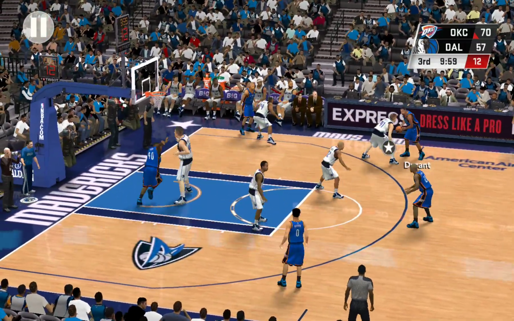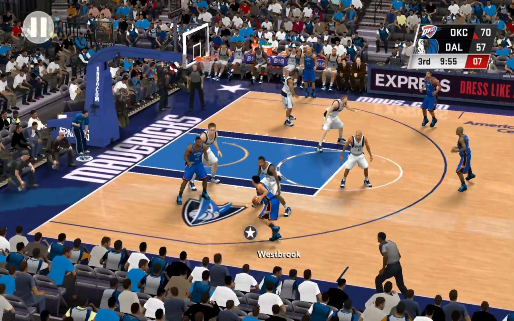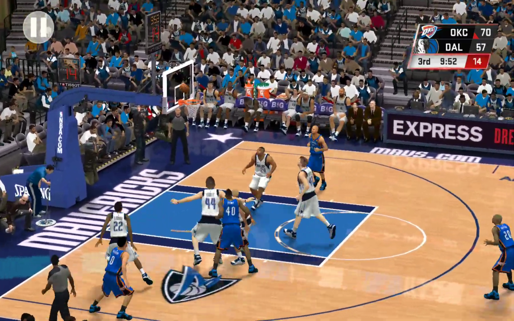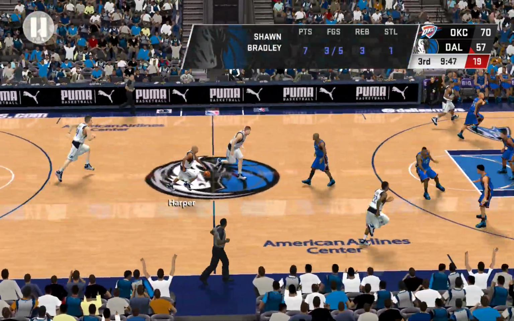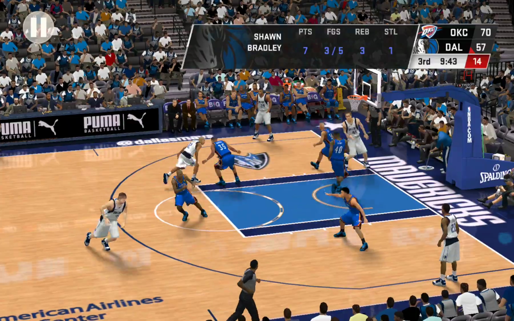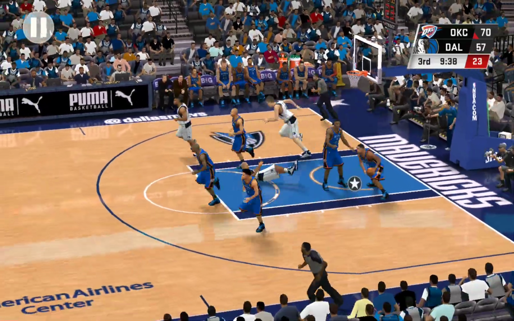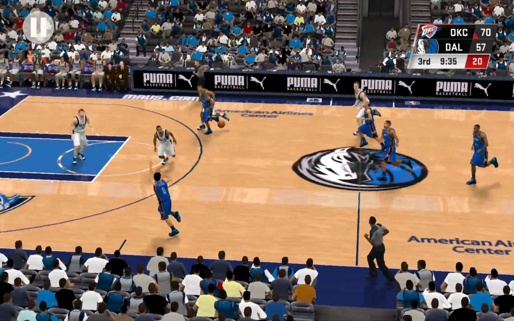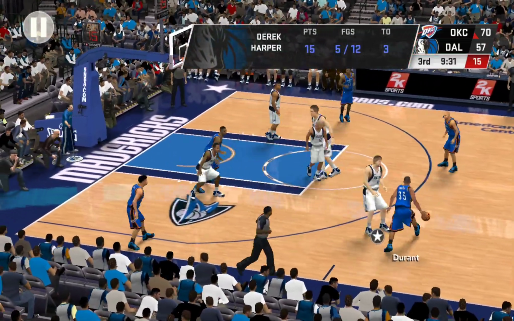Now Durant. Back to Payton. Now Westbrook. 6 to shoot. Left side Westbrook. Misses the wing J. They set the pick. Here's Harper. He's got 15. The jump hook. Rebounded by Kemp. It has not been an ideal start to the second half. They've missed 3 of their first 4.